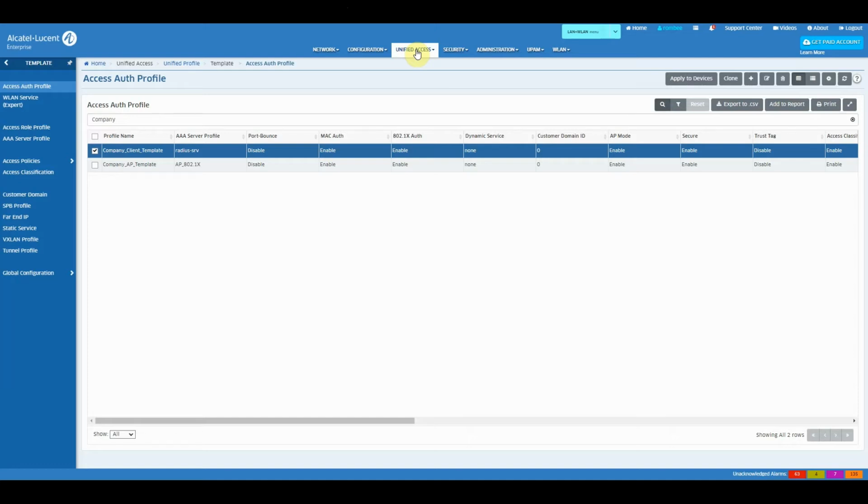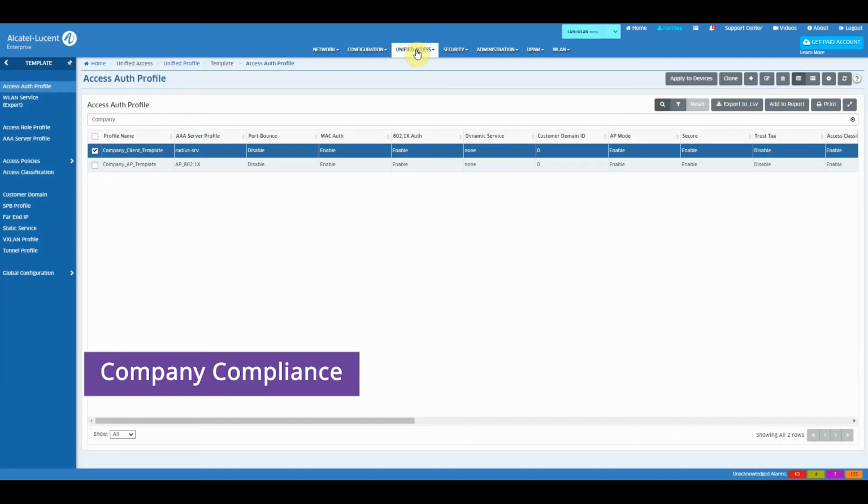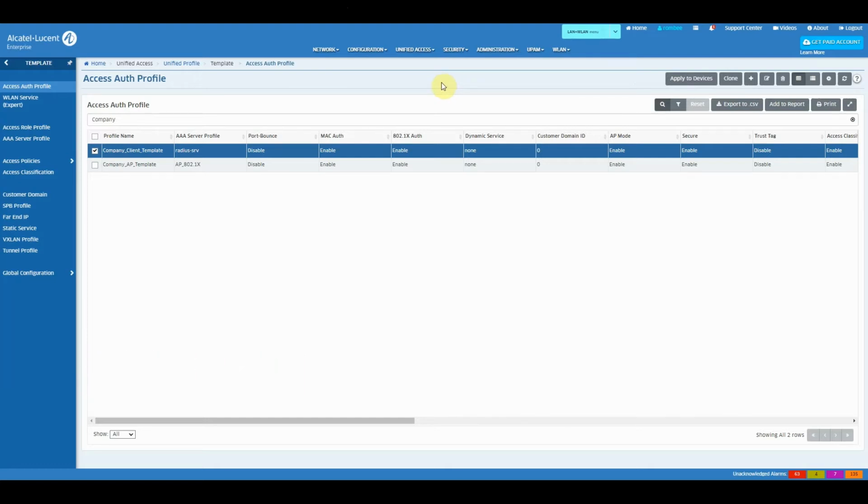We can see 2 templates, one for the laptop client employee that will authenticate with the Radius headquarters server, and one for the Stellar access point in order to authenticate it against the Cyrus authentication module. So let's apply the wired configuration.